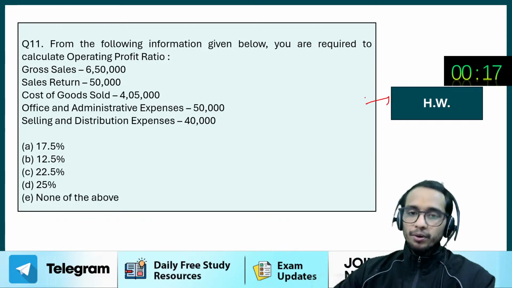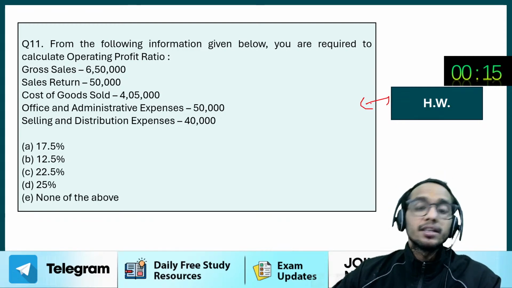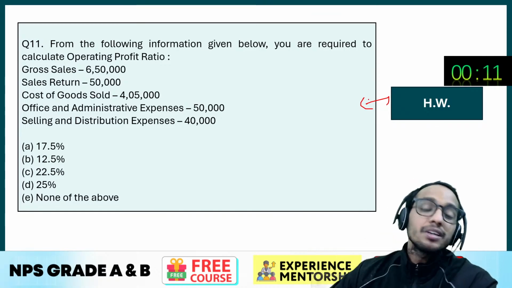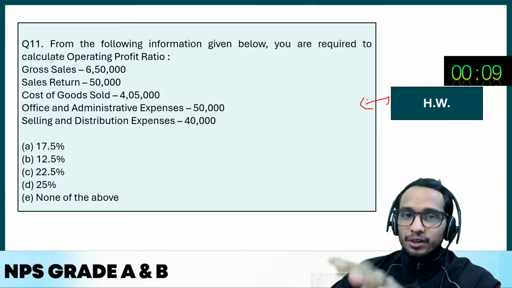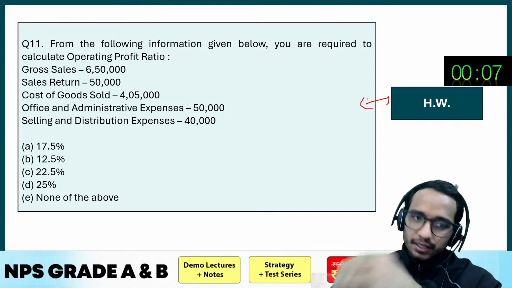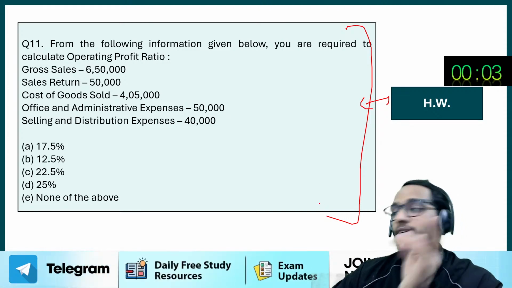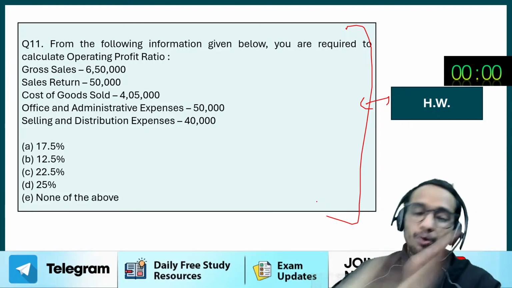Okay, let's move ahead with the 11th question. Okay, this is the homework question. I am not going to tell you the answer of this question, neither am I going to tell you the solution of it. You have to do it on your own. So pause the video. After the video is over, get back to the video again and pause the video here in this slide. Read the question, use your copy pen, use your mind, do it and give me the answer